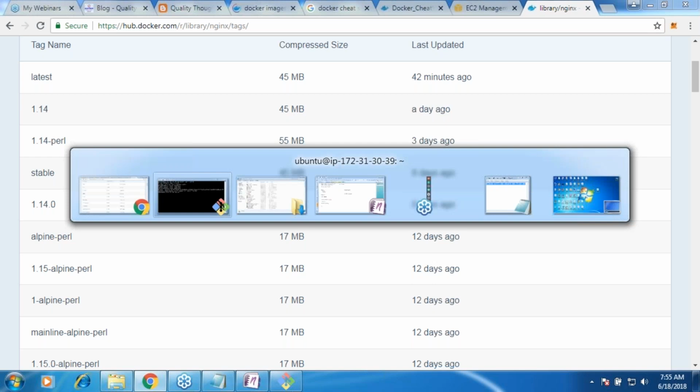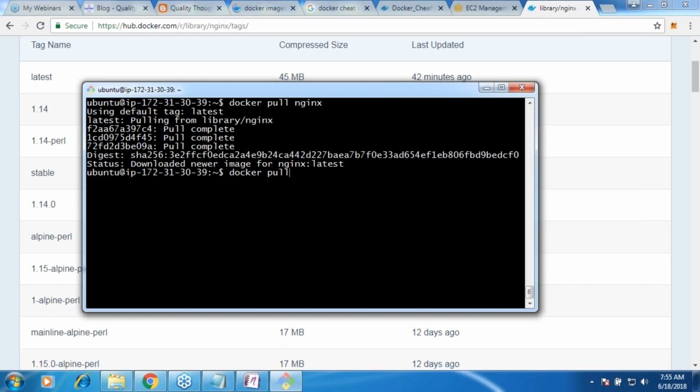Now what I do is docker pull. The image name is Nginx colon the tag of your image. So the tag of my image is 1.14-perl. All these days, whenever you were saying docker pull Nginx to the Docker engine, it was docker pull Nginx colon latest.